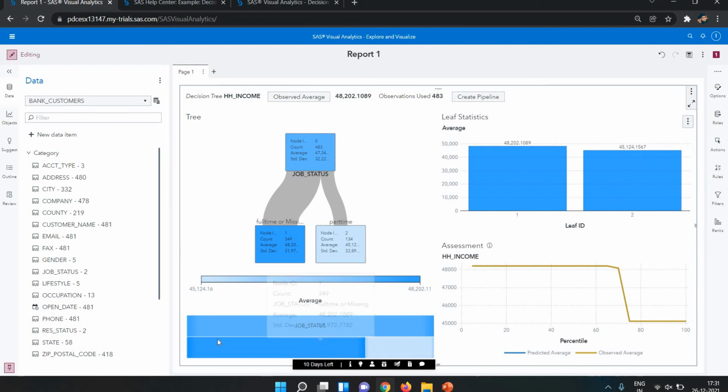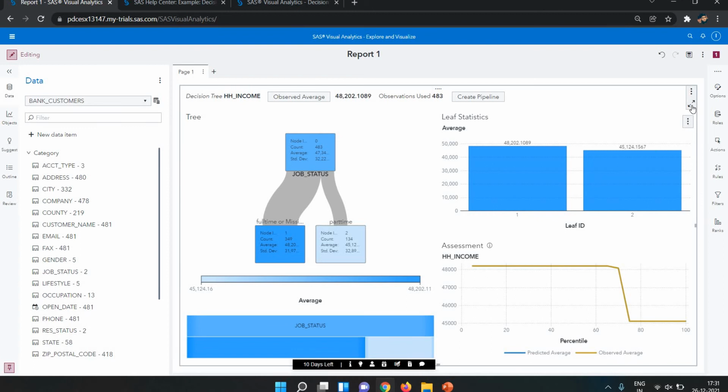Okay, and below, they show the job status. This is for the full time and this is for the part time. Part time is 2 and 1 is for the full time. Okay, and this shows the predicted average and observed average. The predicted average goes up to 48,000, which is the maximum.